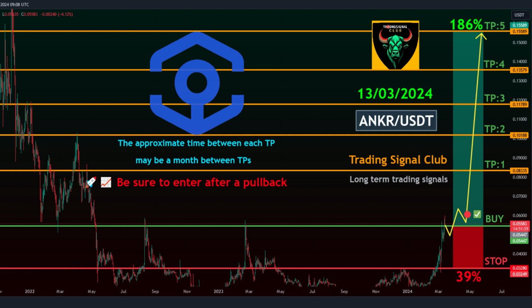0.08335. Target 2, 0.10188. Target 3, 0.11789. Target 4, 0.13579. Target 5, 0.15589. Stop loss. Stop level,